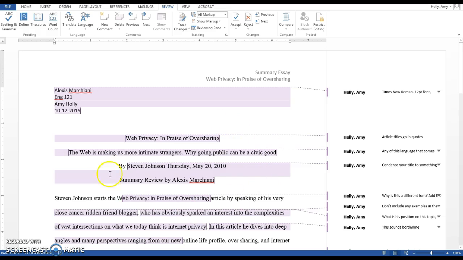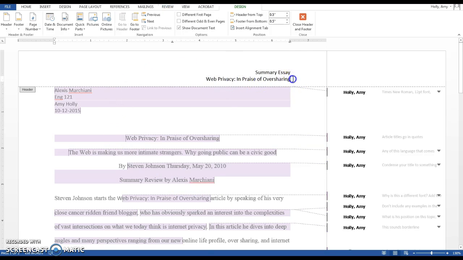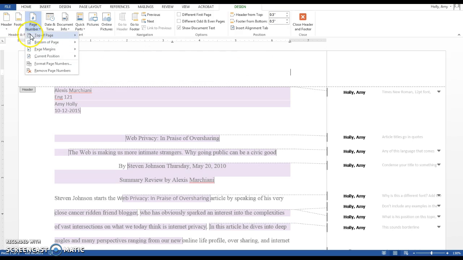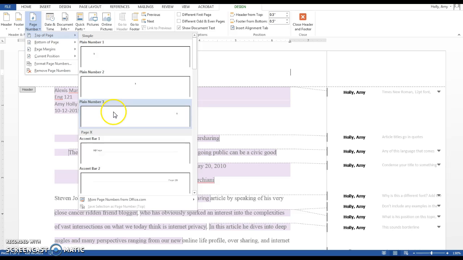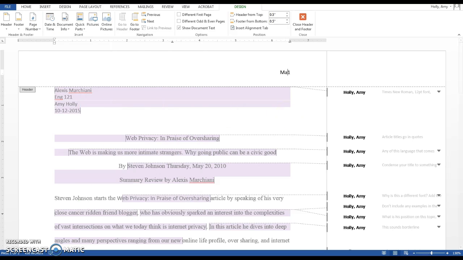And then just in terms of how the whole thing looks, make sure that you are doing Times New Roman 12-point font throughout. Your header also needs to be different, so this is not the information that should go in your header. You actually just do the page number at the top of the page all the way to the right, so the third option there, and then your last name, and that's how you do the header.